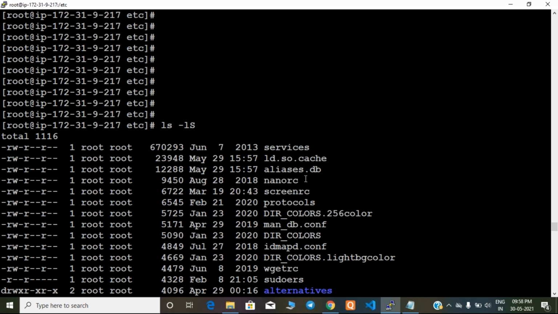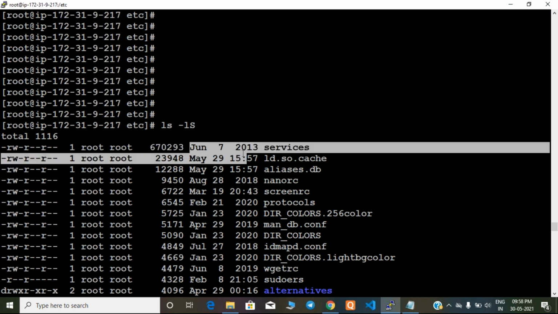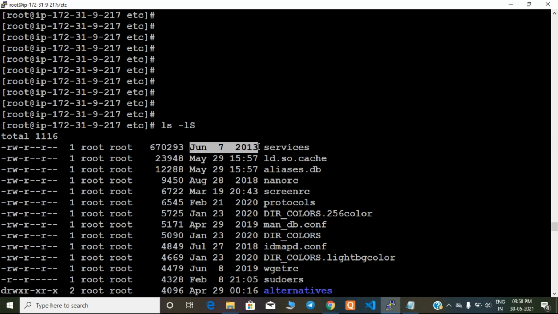Yeah, see, it is showing size order now. This is size, guys. Size, date when this got modified, and the file name. So this is the topmost file. So guys, like this, every command has so many options. Not only the ls command, options will change the behavior of every command, guys. It will expand the behavior, not change it.